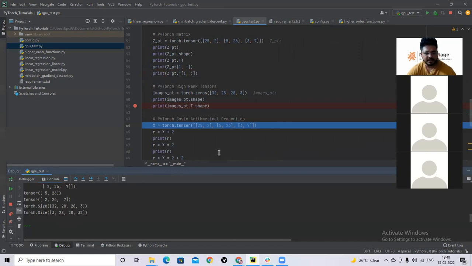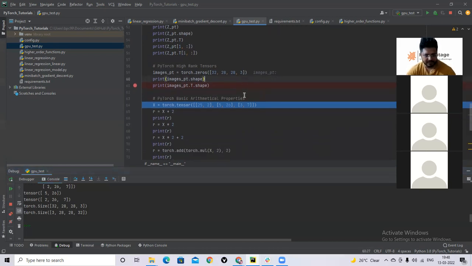Any confusion? No. Okay, I will give you this Python file. You can play around with this and check the shape, size, and multiple other things. This will give you much more confidence, and you will be more hands-on with declaring PyTorch tensor objects. Now, some basic arithmetic properties of PyTorch.